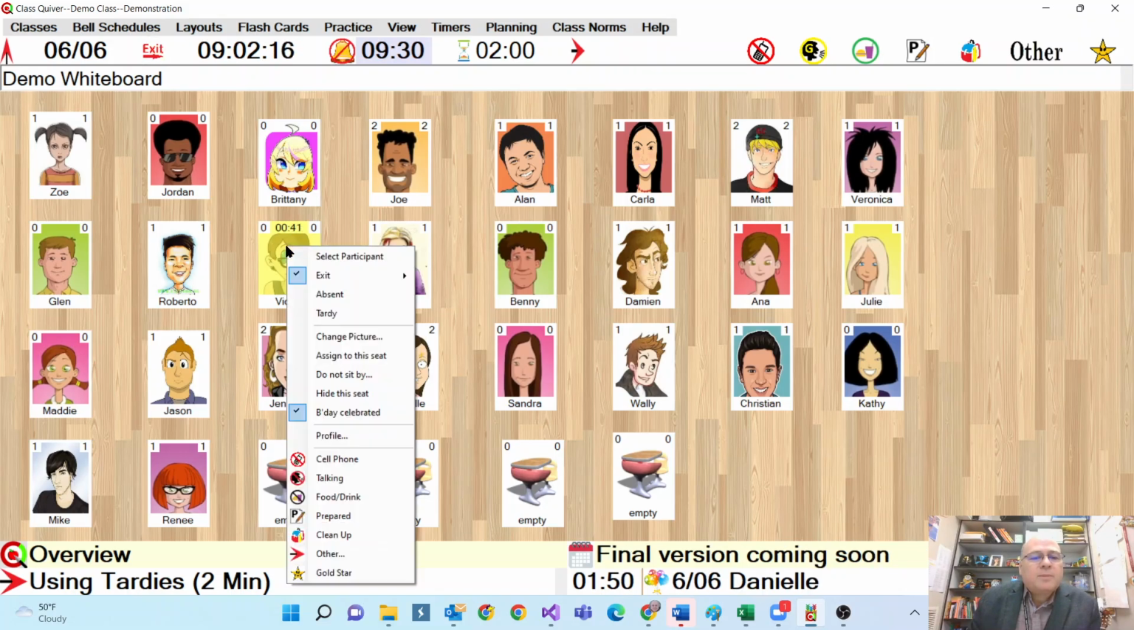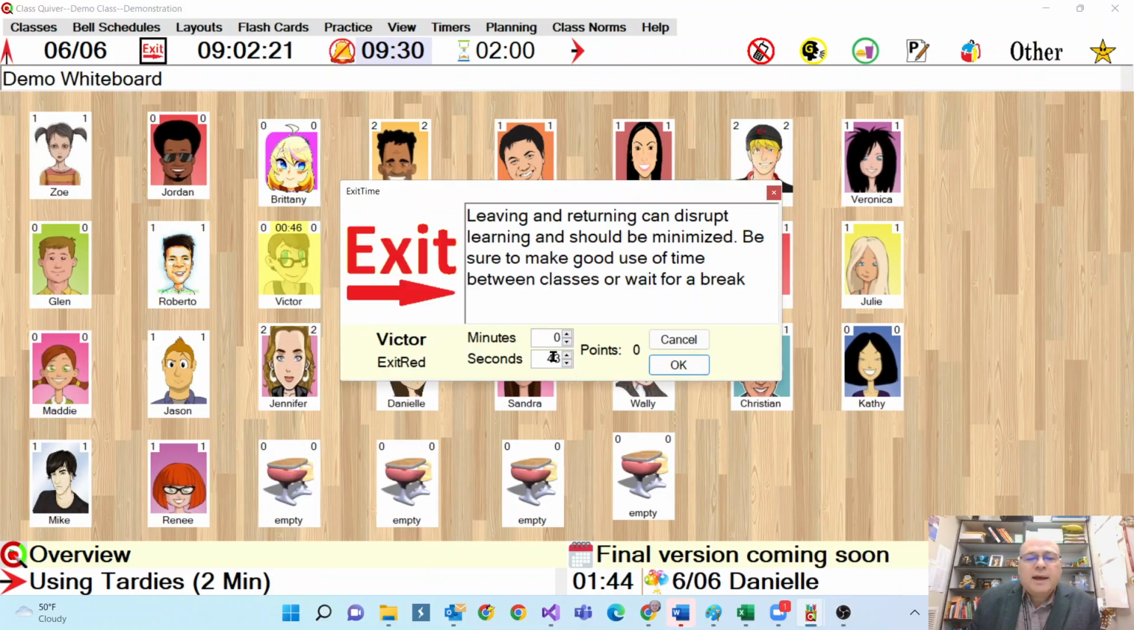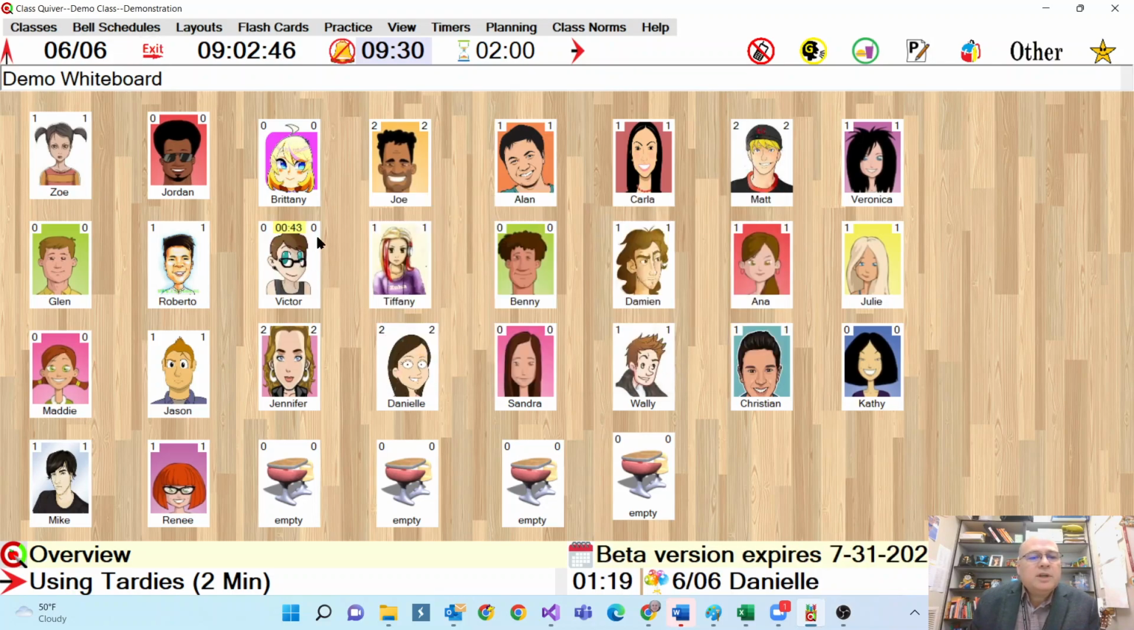Now, when Victor comes back, you just right-click on him, and it says exactly how long he's been gone. If you need to adjust this, you can right here. And a little bit of a teachable moment box pops up, reminding you what the rules are regarding exits. Notice it's a red exit, so this might be the first 10 minutes of class, or when you say this is not a good time to leave. He didn't lose any points for that,